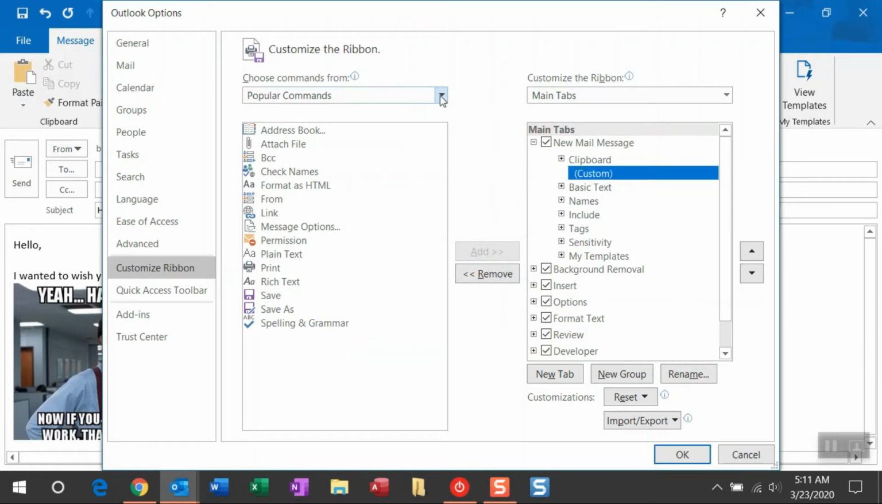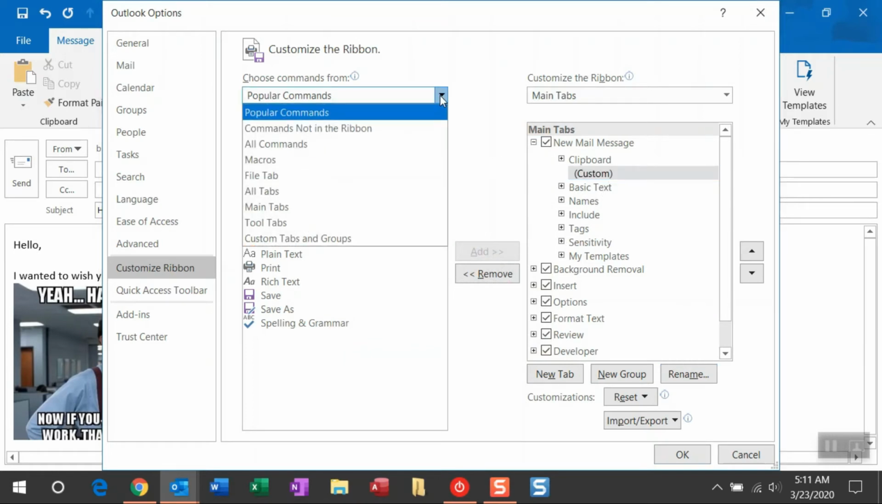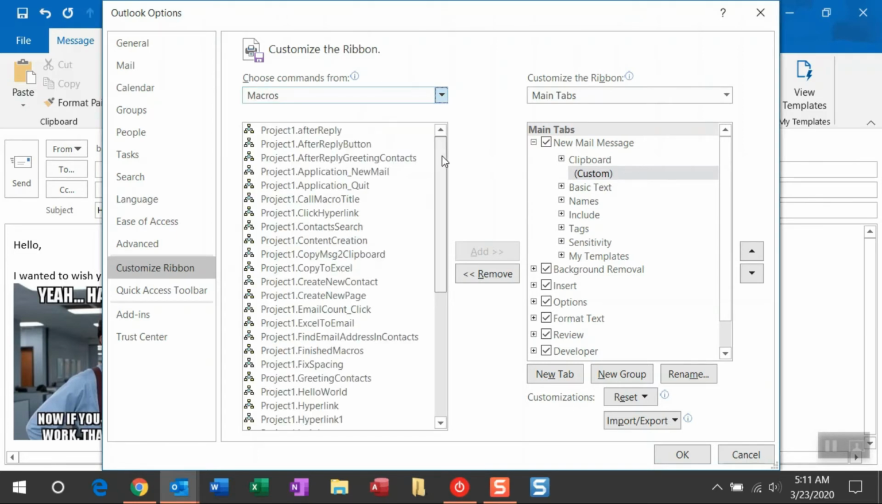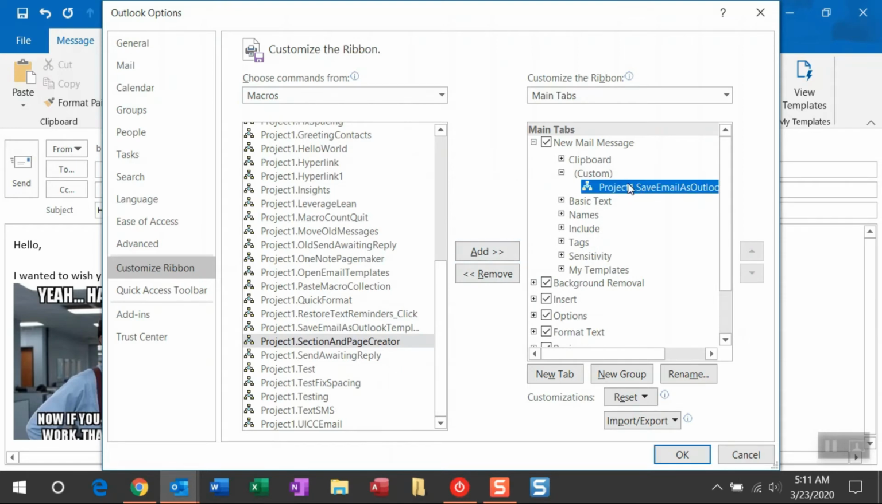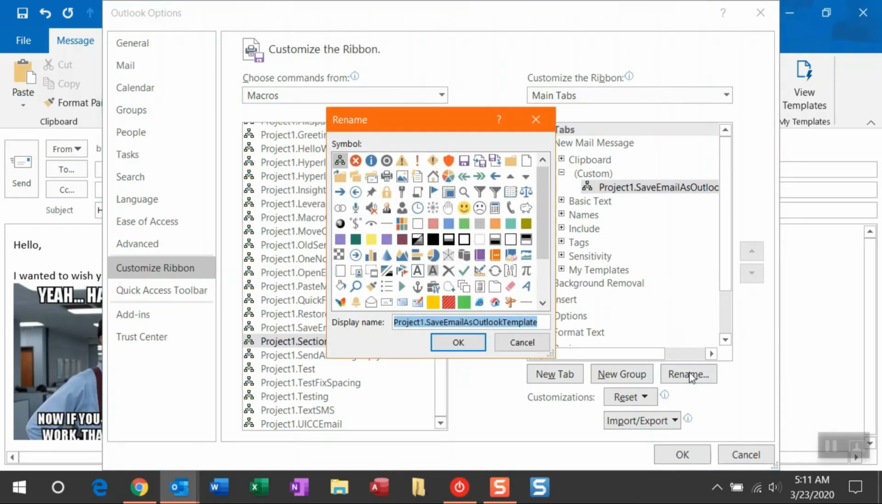And then by clicking Custom, we're going to move over a macro by dropping down Popular Commands to then select Macros. Obviously, you've got a lot out here, but we saved a macro, Save Email as Outlook Template. When selecting that, I can then click Add to move it over to this custom group. And then we want to change the name and add an icon to this, because this name just isn't working for us. So I can delete Project 1, and then I'm going to put some spaces in between here. So I have Save Email